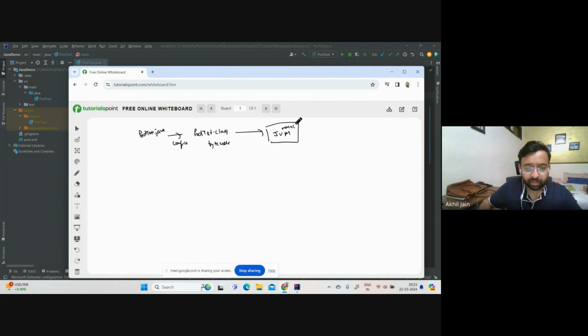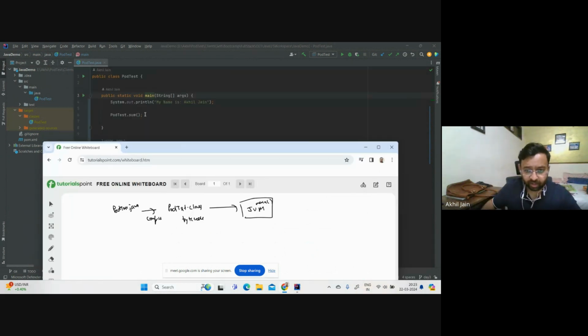It will find that main method here, and here it found this method. So it will go inside this and it sees the first line, which is to print your name, right? So it printed this line, right? After this, within the same method, you see this line, podtest.sum, right? Now podtest.sum,